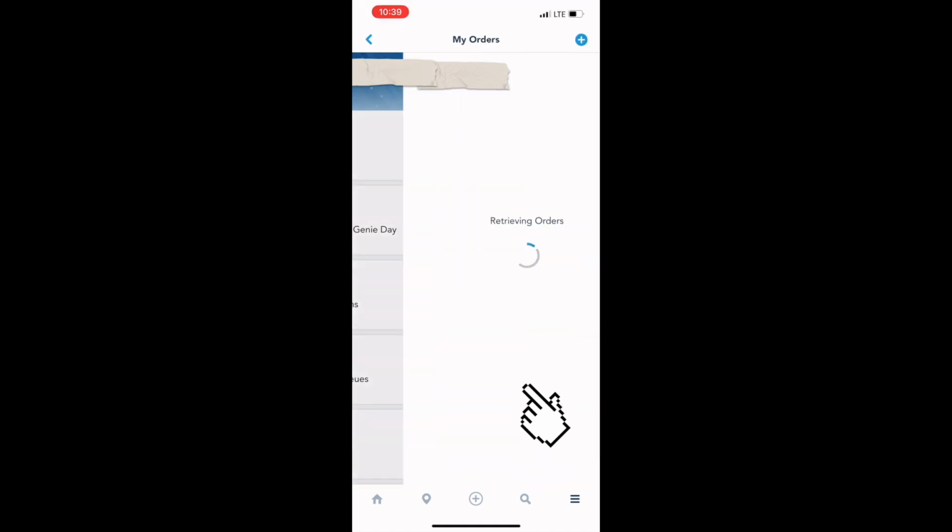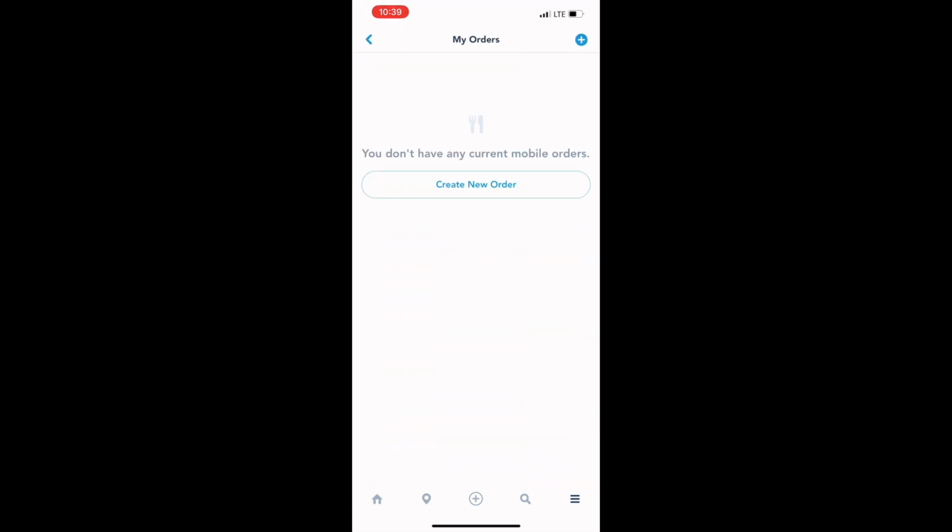So now let's go to mobile food orders. This is where your mobile food order is going to be located. You can create a new order or you can push the plus button and mobile order that way. I highly suggest screenshotting your mobile order when you make it,